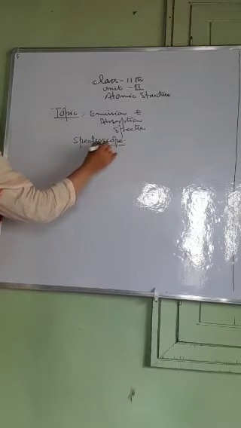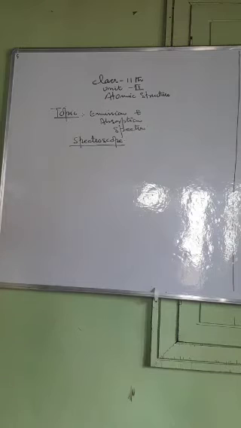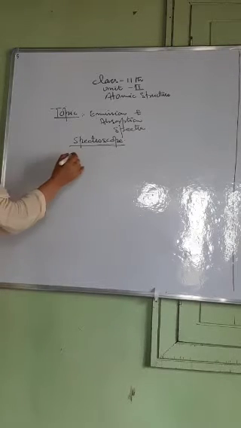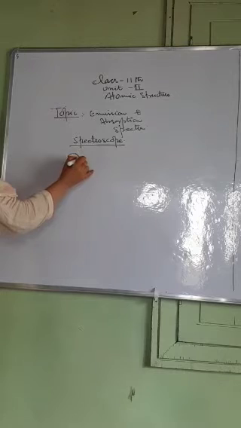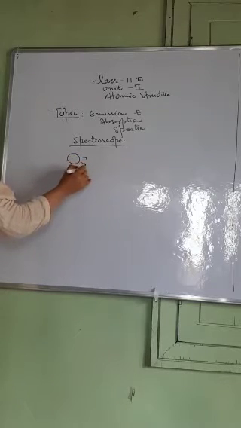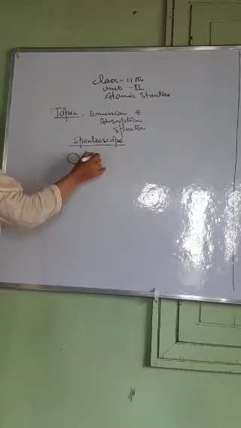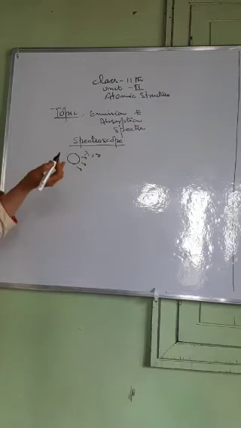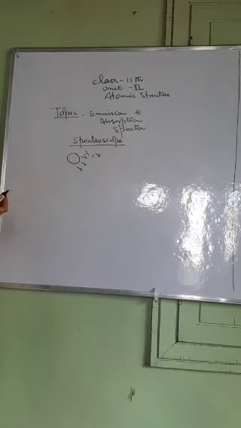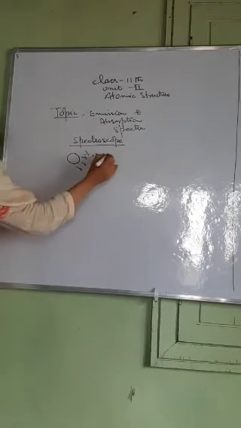Spectroscope किसे कहते हैं? Dear students, we know that we have the ultimate source of energy, that is the sun, and sun से बहुत सारी radiations निकलती है. For example, we have the radiations coming from the sun. They have different wavelengths and different frequencies, such as cosmic rays,